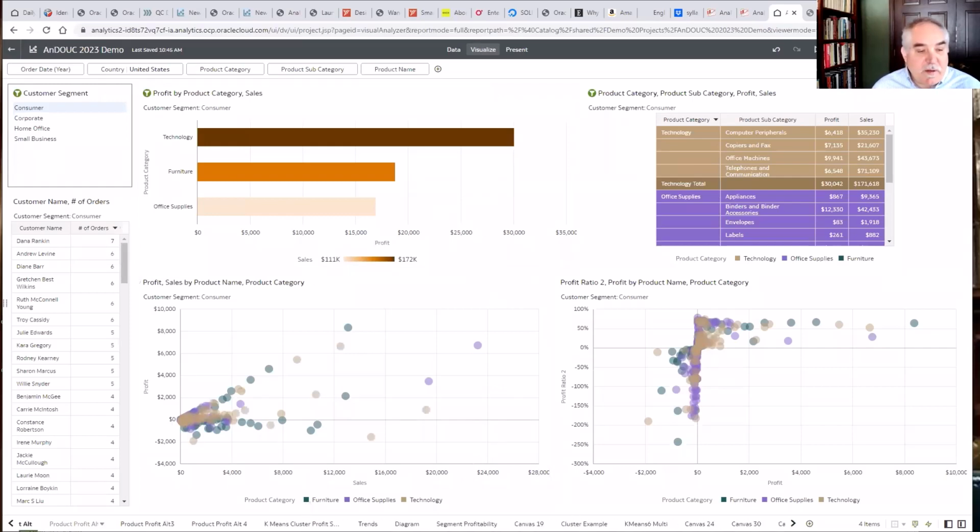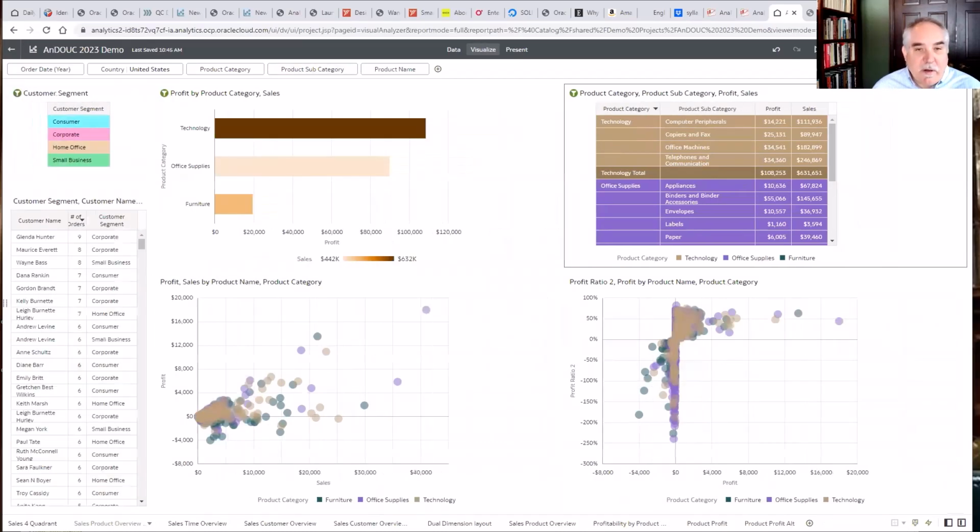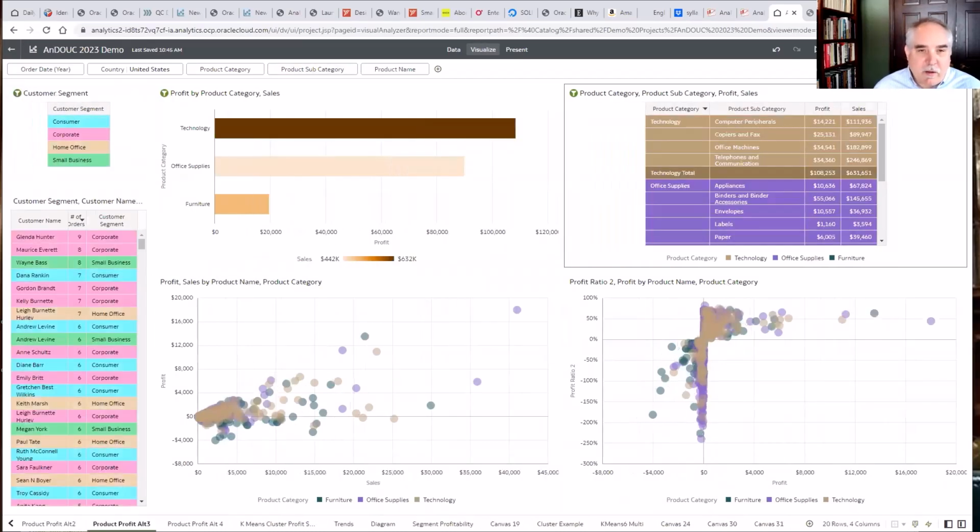One of the alternatives is the actual placement of the visualizations. One of the other is, what do we do with color? If we want to highlight these segments and differentiate and point out which customer is actually in which segment, we can add color to this. Now this, Dan, gets into— Really?